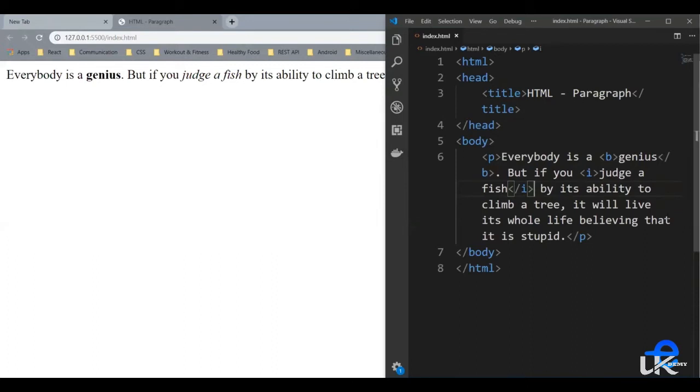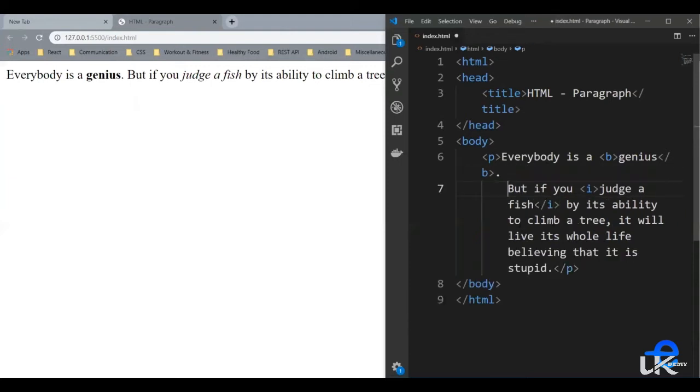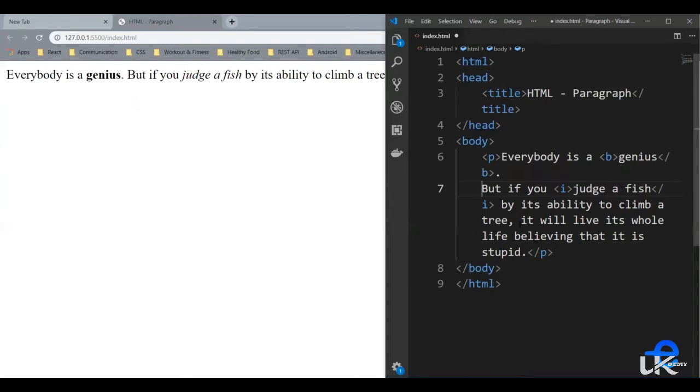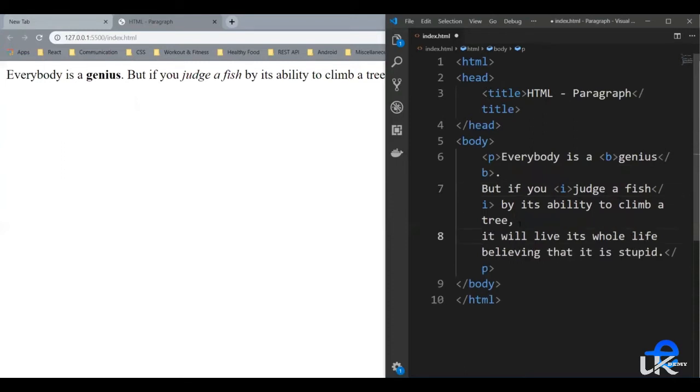Now for example, you want to have these sentences in different lines. You cannot just bring it to the next line, and let's say here also you want to bring it to the next line. Even if you save it, HTML will still print it on the same line. So for that, we have two options. One, we can use a break line tag. Another is the pre-formatted tag. So let's try both.